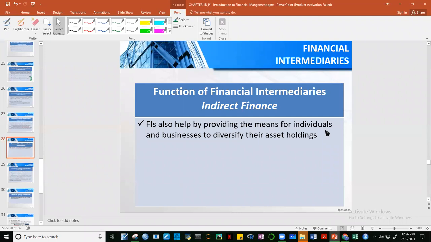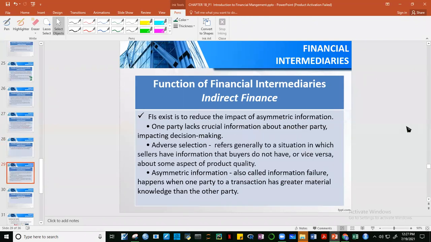All right. Okay, diversify asset holdings. Okay, skip that. Okay, ano pang? Ito yung sinasabi ko guys, yung asymmetric information. Kasi si